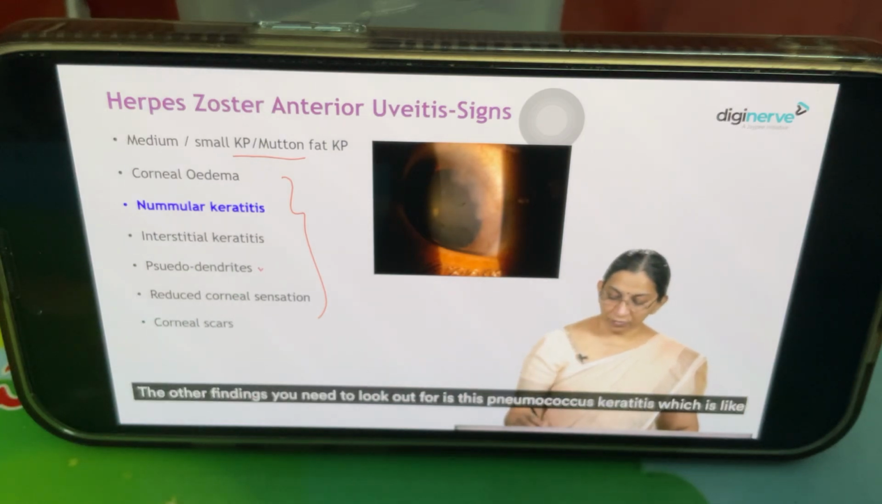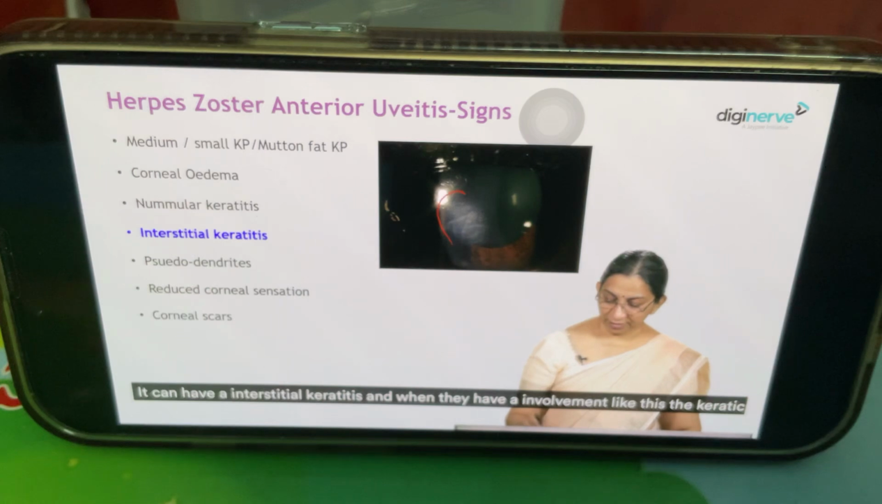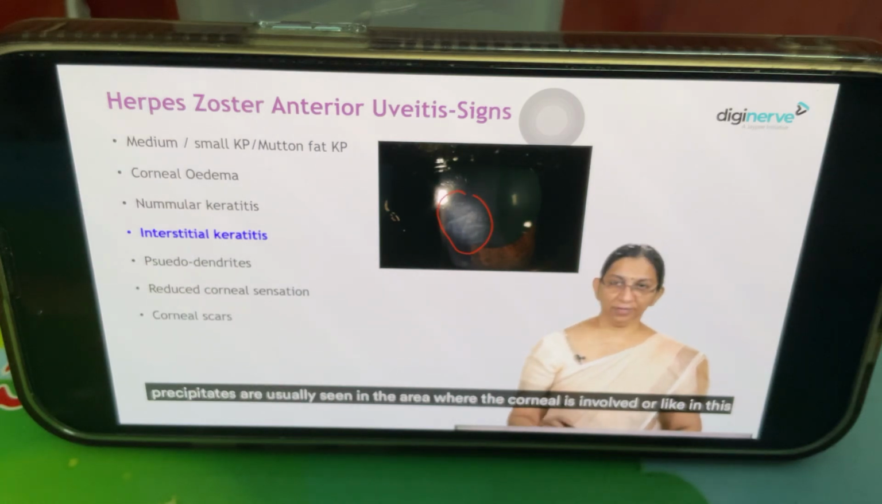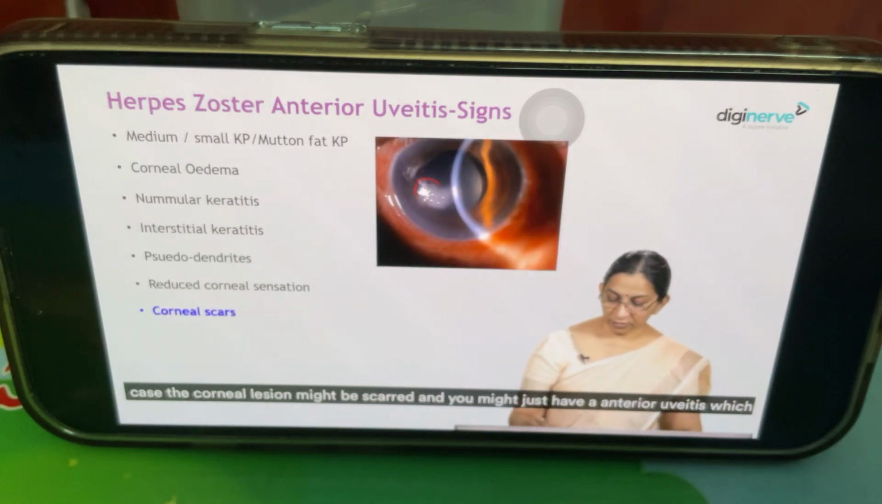The other findings you need to look out for is nummular keratitis, which is like coin-shaped subepithelial opacities. They can have interstitial keratitis, and when they have involvement like this, the keratic precipitates are usually seen in the area where the cornea is involved. Or like in this case, the corneal lesion might be scarred, and you might just have an anterior uveitis which